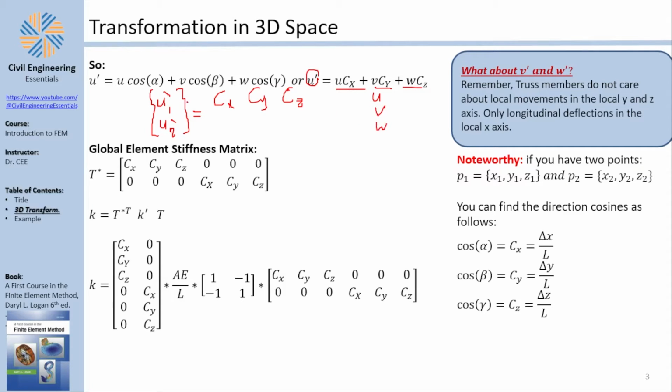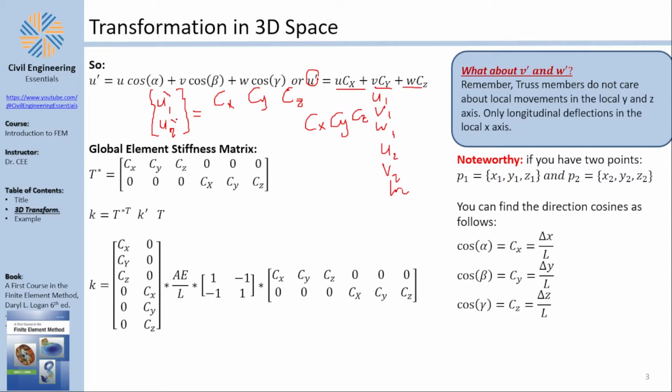Of course, since we're talking about the movement local 1, you would have u1, v1, w1. And also you would have the cosine x, which means cosine alpha, cosine beta, cosine gamma for u2, v2, w2,